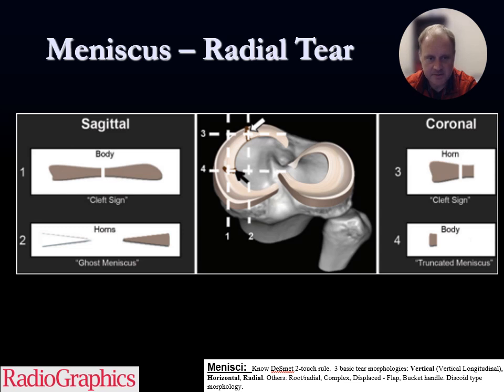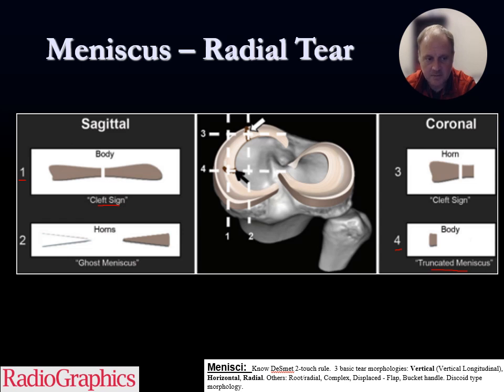So this is a radial tear of the meniscus body. This is a vertical tear of either the anterior or posterior horn of the meniscus. So if you cut through a tear, you might see a cleft. So that was similar to what we saw, at least for portions of that vertical longitudinal tear. But you often have to cross-reference this. So you had one that looked like a cleft, but then on 4, it looks like a truncated meniscus because you're basically losing a portion of the meniscus here. So you just have to kind of put the two slices together and understand that it's actually a vertical radial